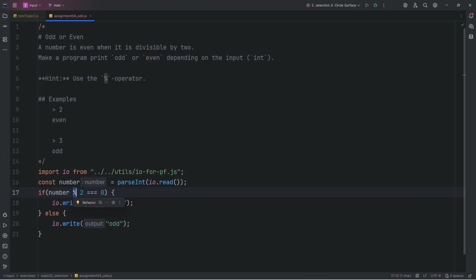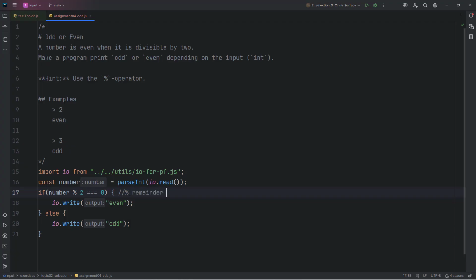If I divide, on the other hand, 7 by 2, then 2 can go 3 times in 7, and I have a remainder of 1. And in this case, the number is clearly odd, it's 7, right? So that's basically it. This exercise is here mainly for the purpose of showing you how you can put this operator to work. So let me tell you once more, this operator means